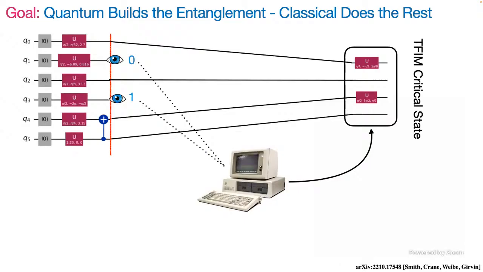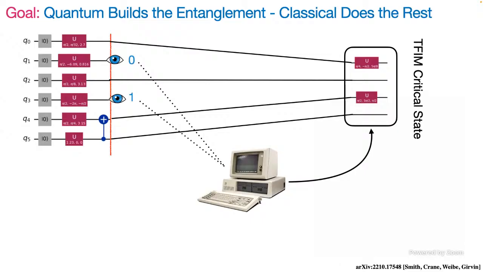Well, one thing I could imagine is the following. I want some critical transverse model state on 4 qubits. So I can imagine building up some state on more than 4 qubits, 6 qubits, 8 qubits, whatever, say 6 qubits. And then I measure 2 of these qubits. Now I have a 4 qubit state because the others are destroyed, they're measured. But I can inform my classical computer what those measurements are. So this time, stochastically, I got a 0, 1. The classical computer can churn on whatever processor this is, and it can say, oh, well, to build the rest of the state, you should go ahead and use these gates.